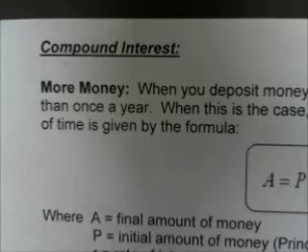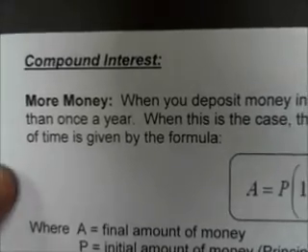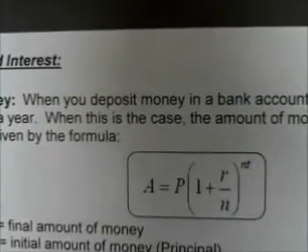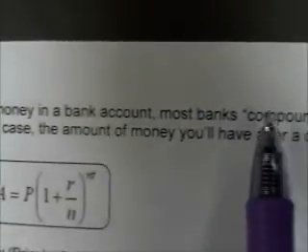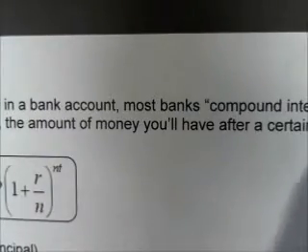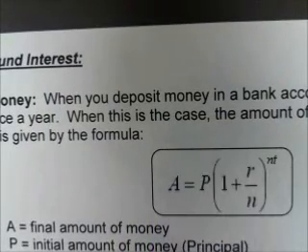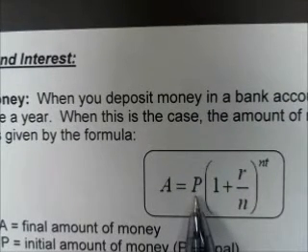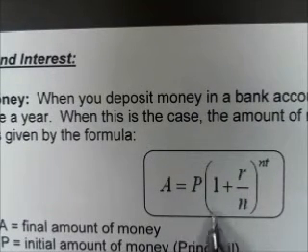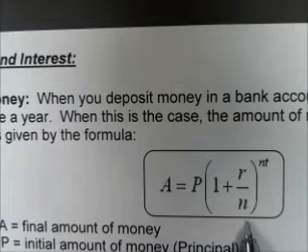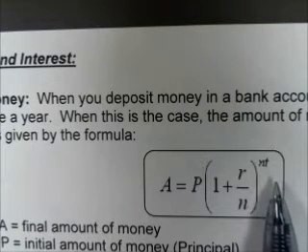Compound interest. When you deposit money in a bank account, most banks compound interest more than once a year. When this is the case, the amount of money you'll have after a certain amount of time is given by the formula A equals P times quantity 1 plus r over n raised to the nt,